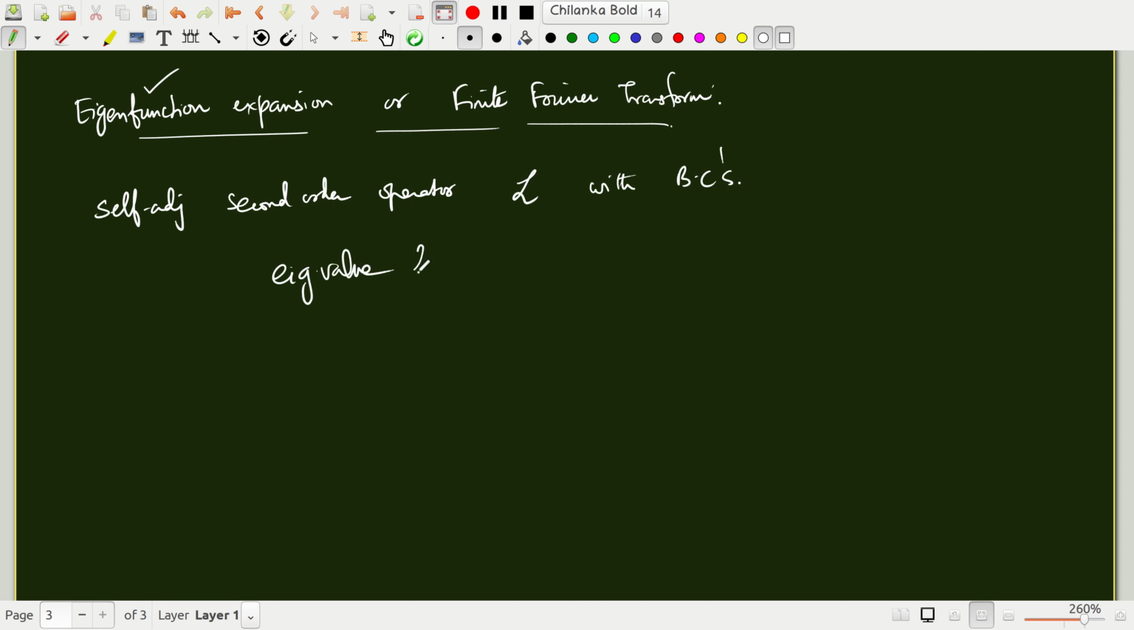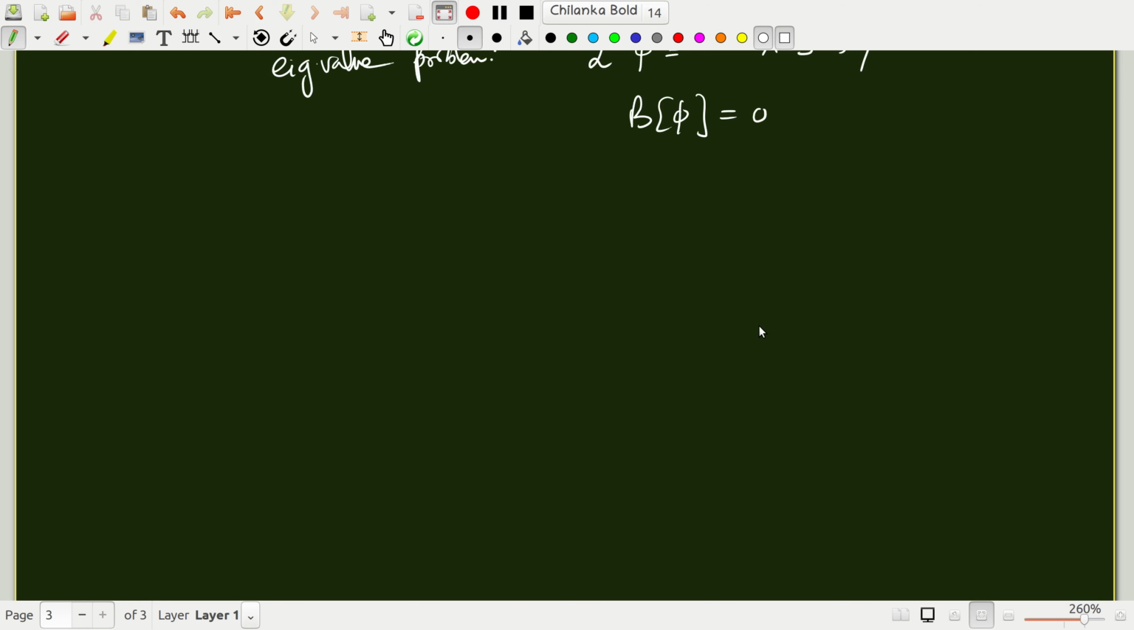is L phi is minus lambda rho of x times phi. Okay, in general rho of x need not be 1, and then there are some boundary conditions operating on phi that is 0. Okay, so because it's a self-adjoint operator, this eigenvalue problem has real eigenvalues,